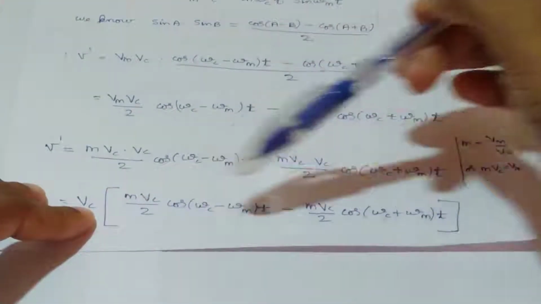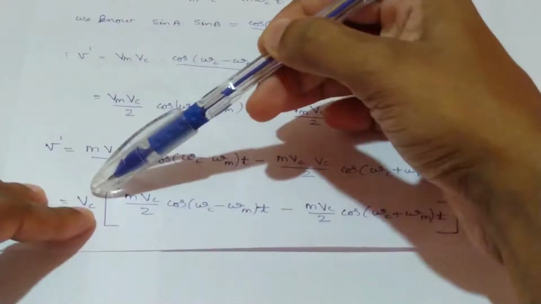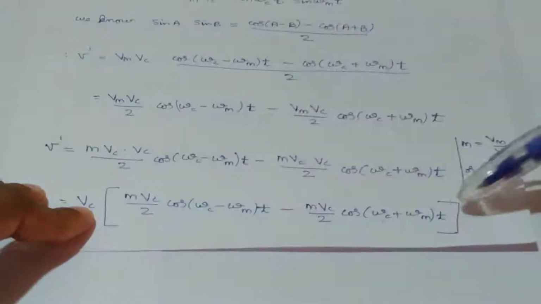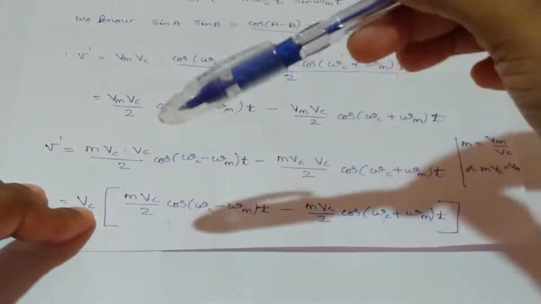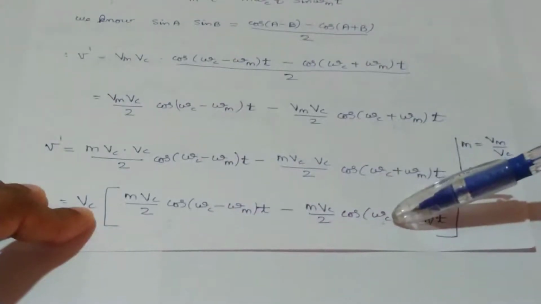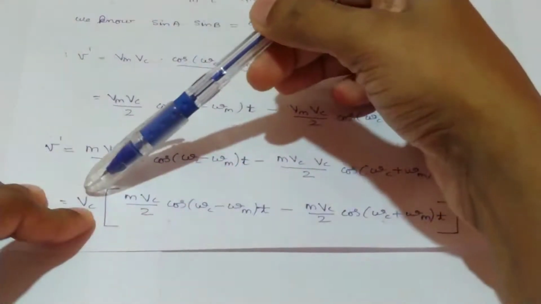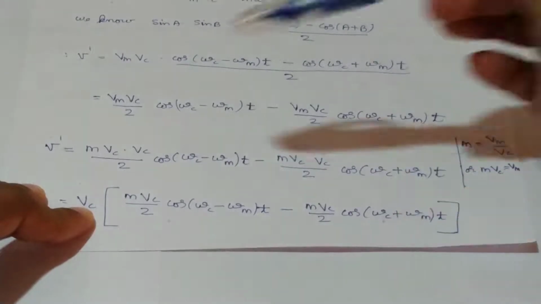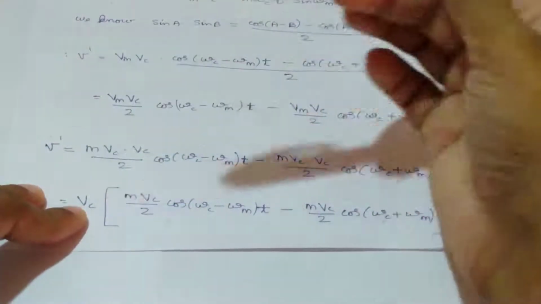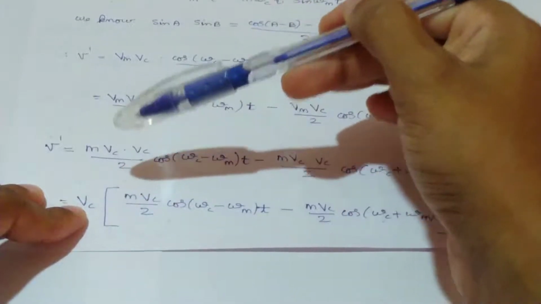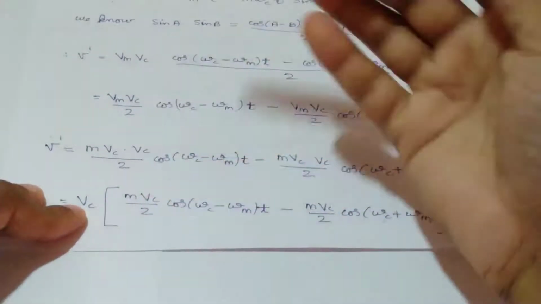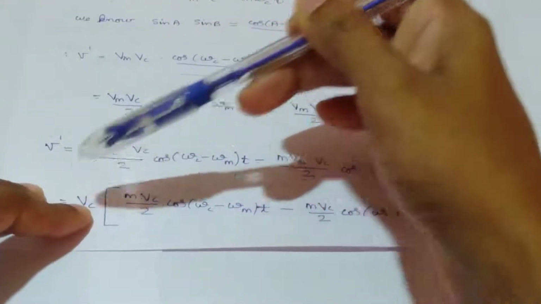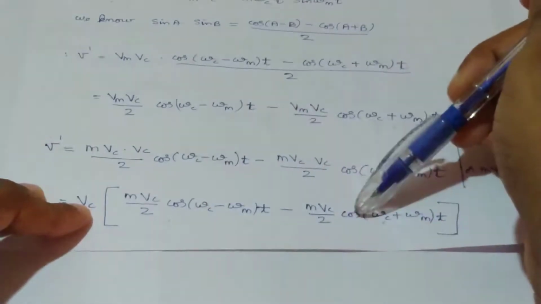So this lower sideband and upper sideband components are multiplied by this gain term Vc, because this Vc is a constant value. So from this equation we can see that Vm into Vc consists of our lower sideband and upper sideband component. And since this Vc is providing an additional gain to this lower sideband and upper sideband component, there is no need to remove this Vc term. But if we want, we can remove this Vc term by using a voltage divider circuit. Normally, we don't have to remove this Vc term because it is providing an additional gain to the lower sideband and upper sideband component.